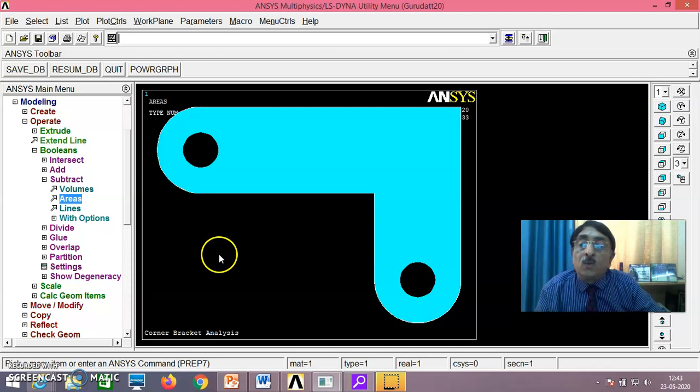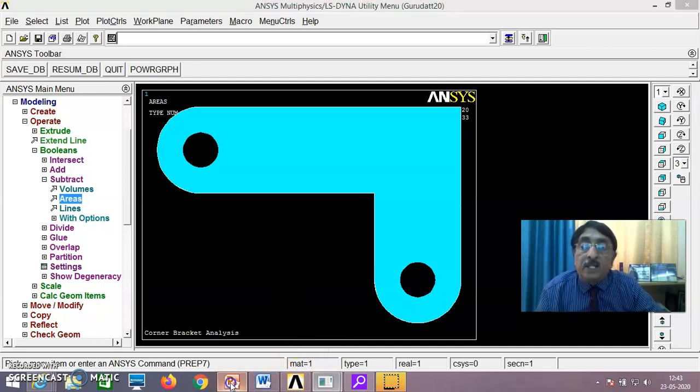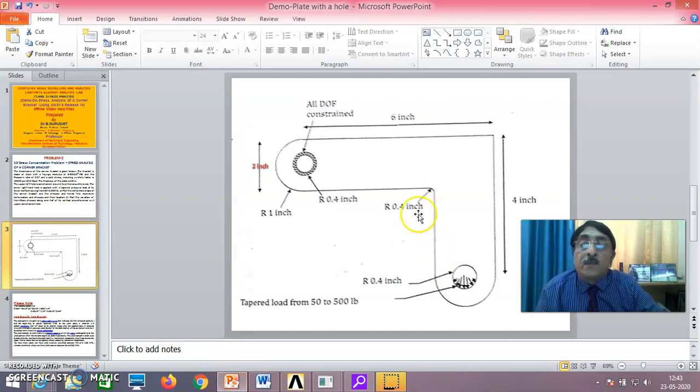Okay. Now you have the complete model, but still, be careful here. If you see the model here, there is one 0.4 inch radius here, that is a fillet. Okay, this fillet also has to be done. You can't forget it. This fillet of 0.4 inch has to be done. We'll do that now.